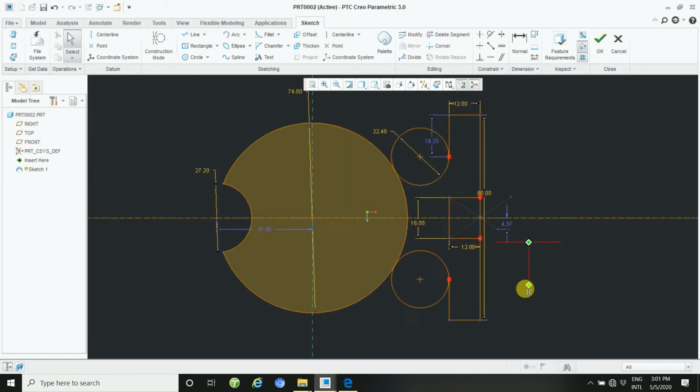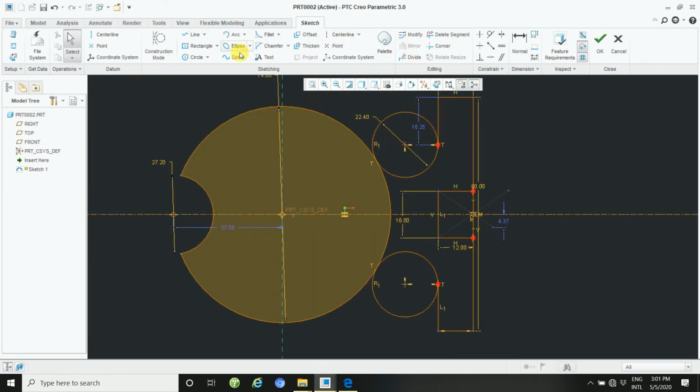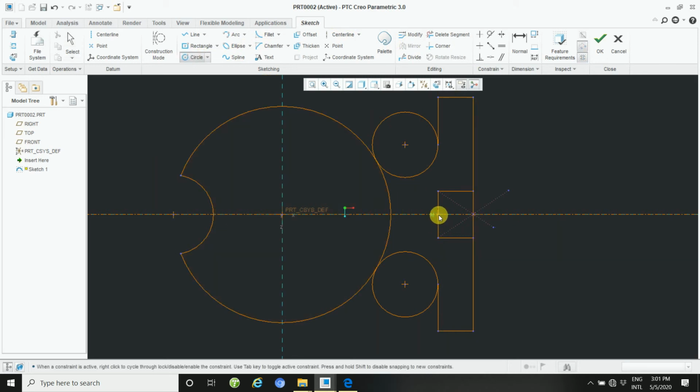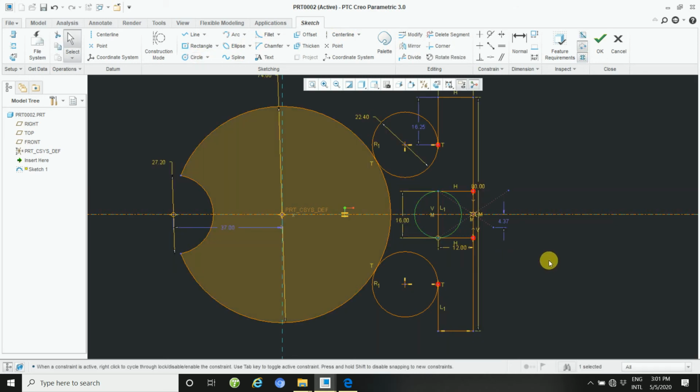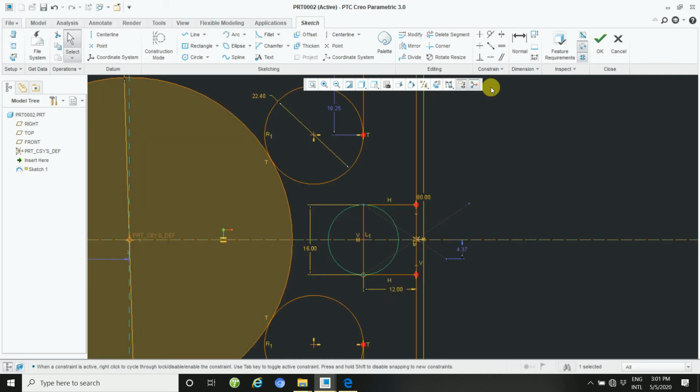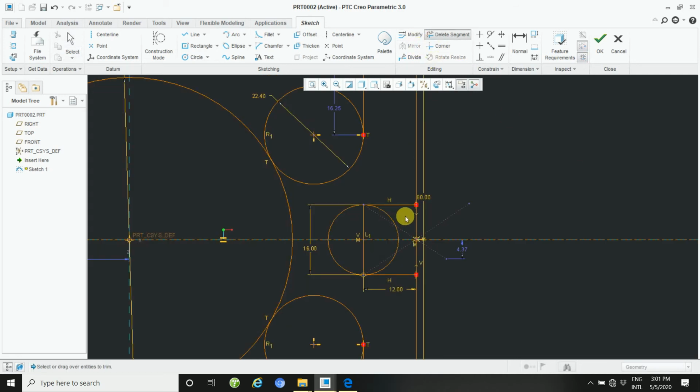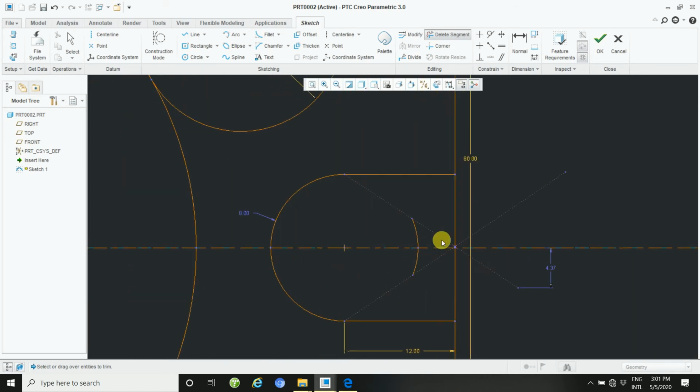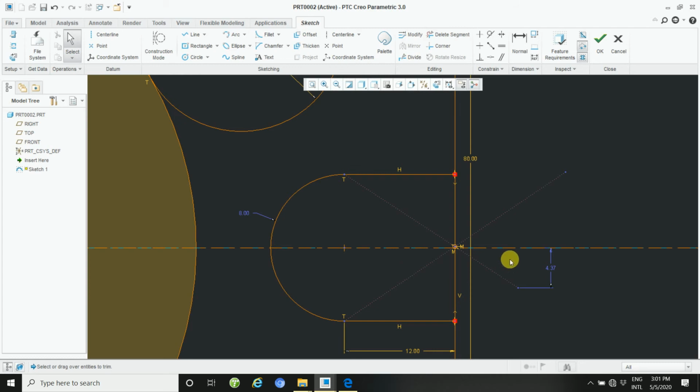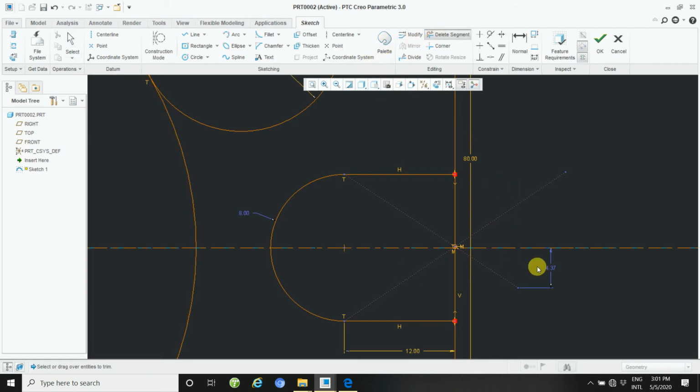Then draw a circle here, and then trim right here, trim this way. Then zoom out, and then again trim.